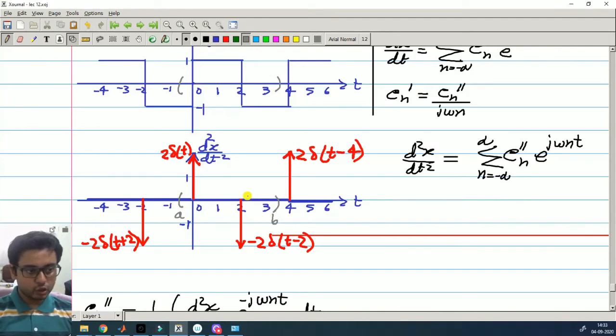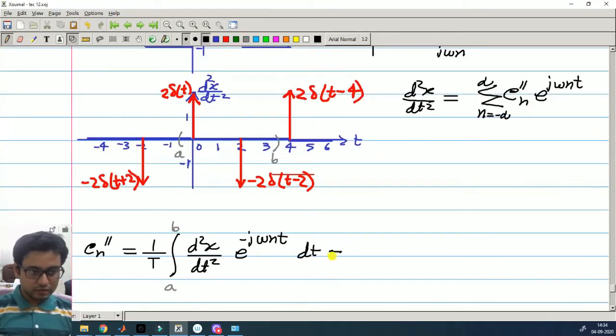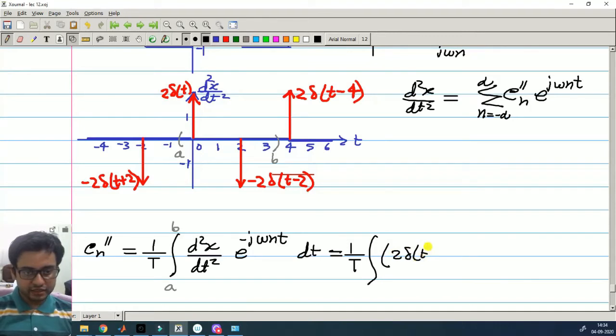Okay, so let me integrate it over A to B. Now within this region A to B, this signal is same as sum of two delta signals, 2 delta(t) minus 2 delta(t minus 2), times e to the power minus j omega n t dt,